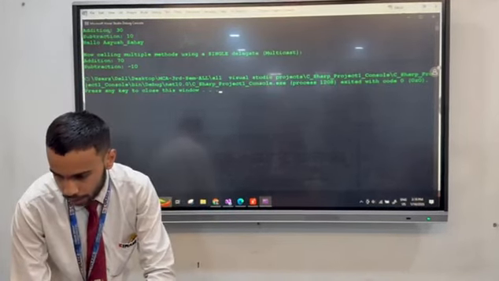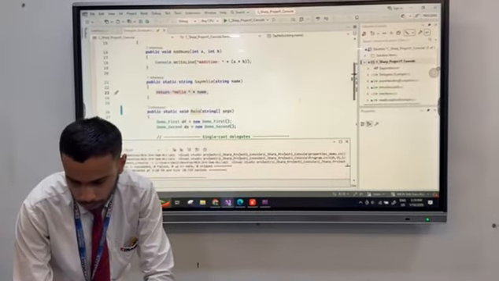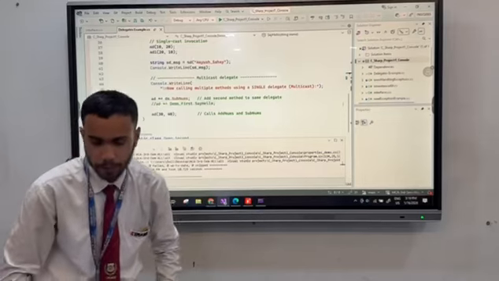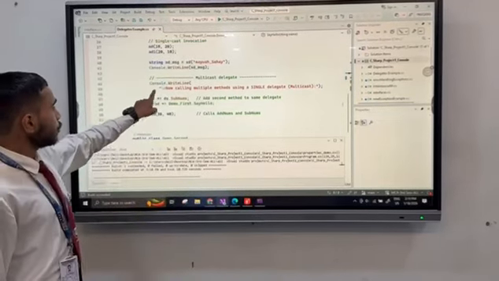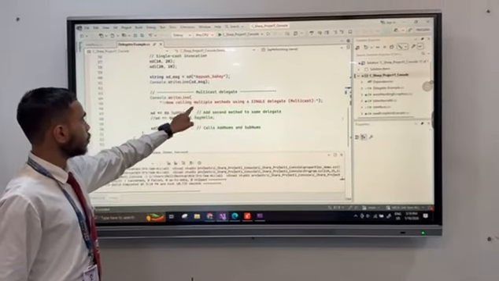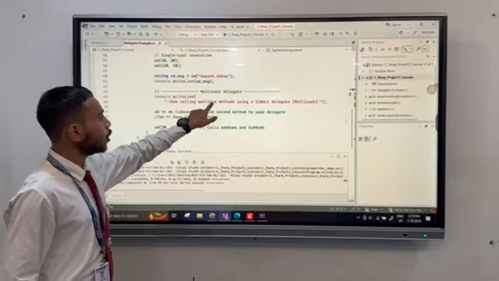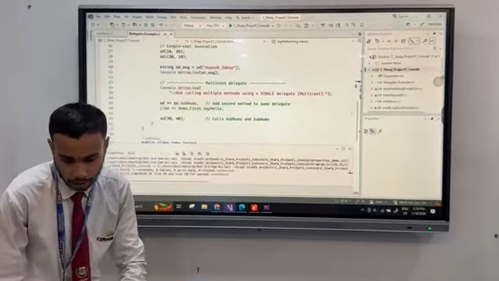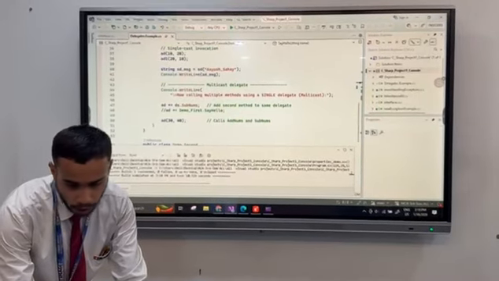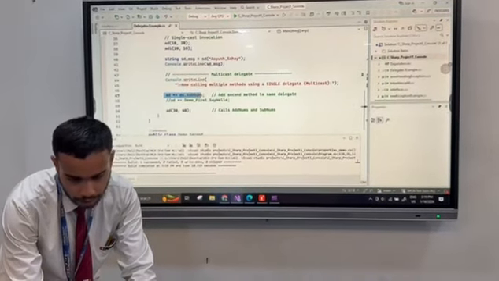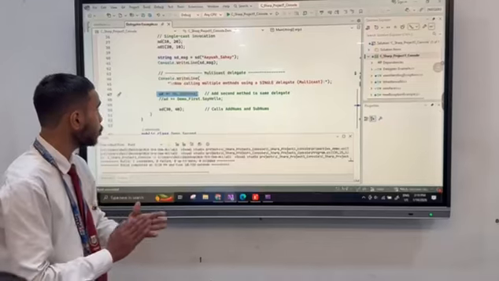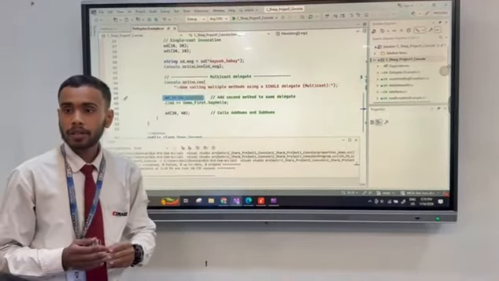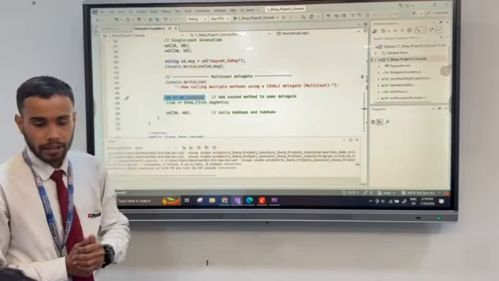Okay. Now we are going to see how the multiple invocations are implemented. First we are writing console.writeLine. Now I'm giving a message that now calling multiple methods using a single delegate, and that is known as multicasting. Okay. So how are you going to actually add the memory reference at the runtime?